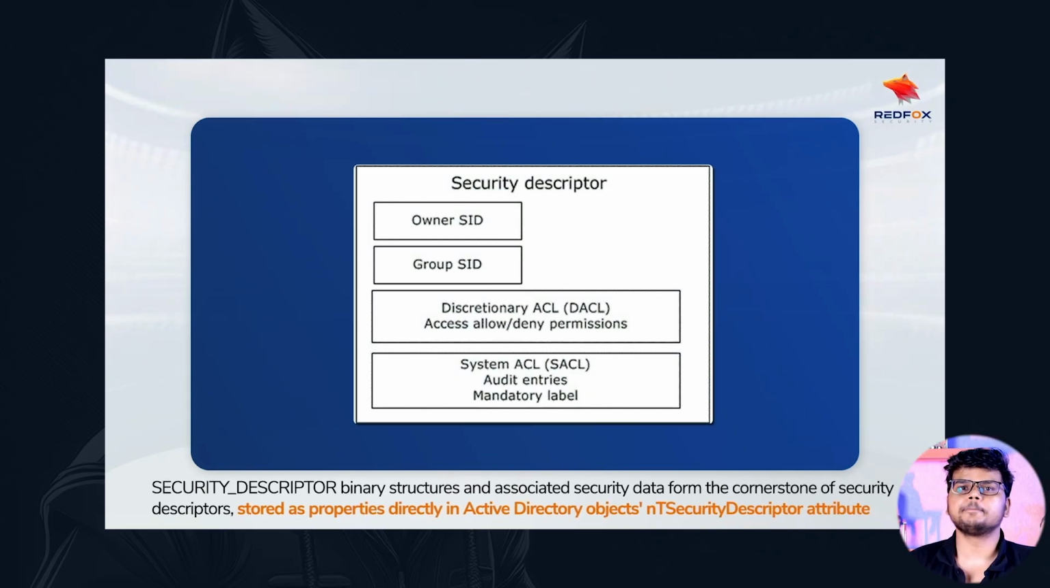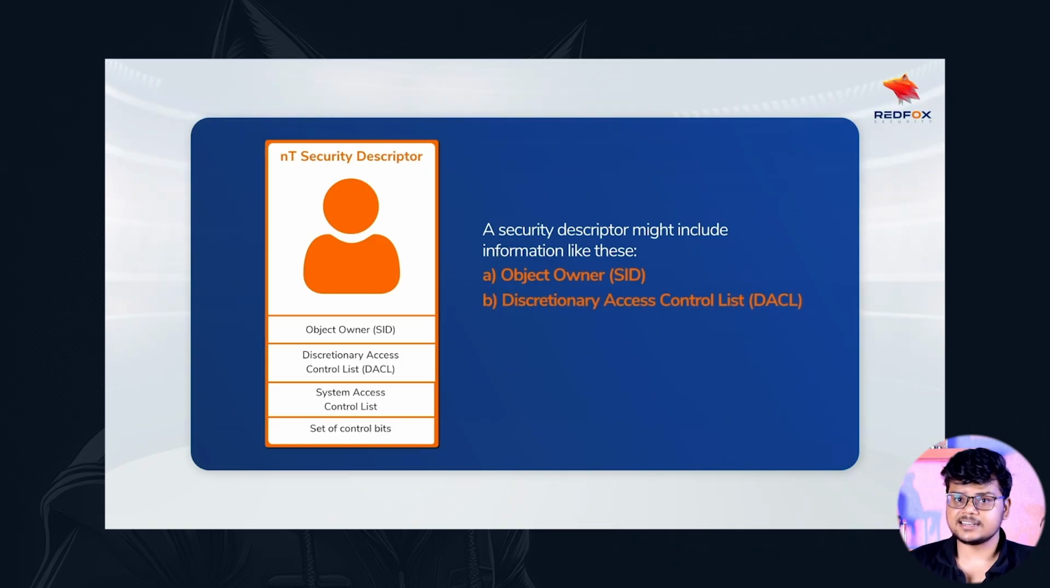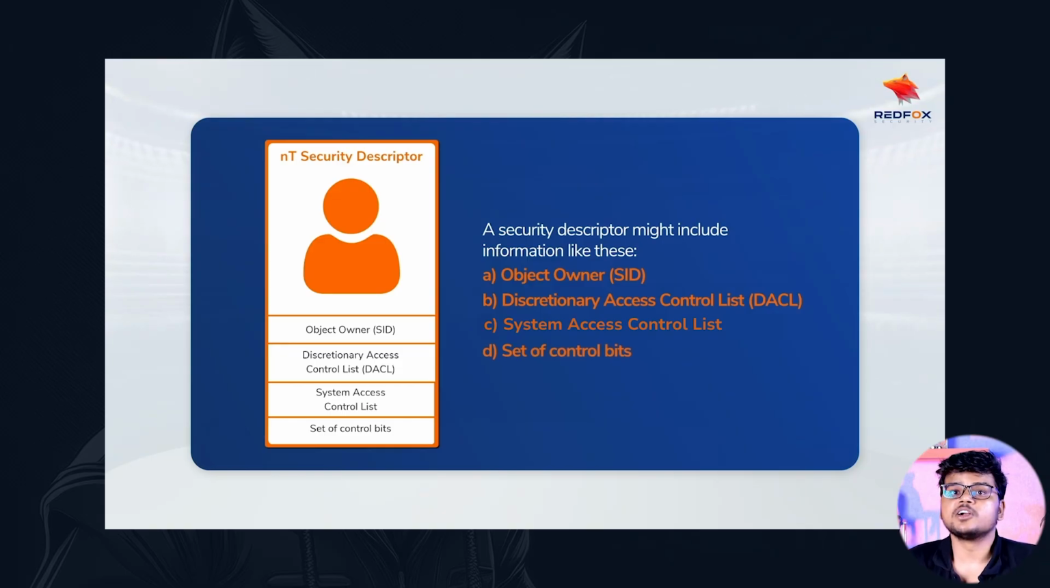Security descriptors. Security descriptor binary structure and associated security data form the cornerstone of security descriptors, stored as properties directly in Active Directory objects in the security descriptor attribute. A security descriptor might include information like the object owner, discretionary access control list, system access control list, set of control bits,